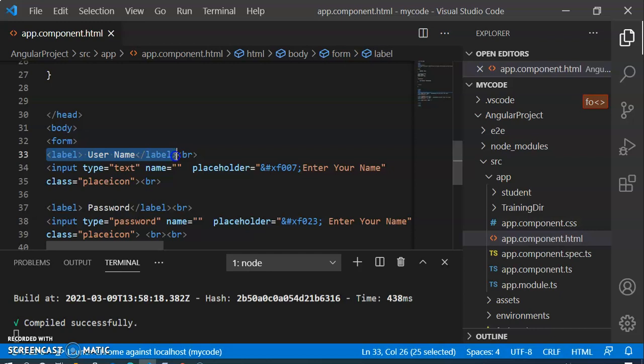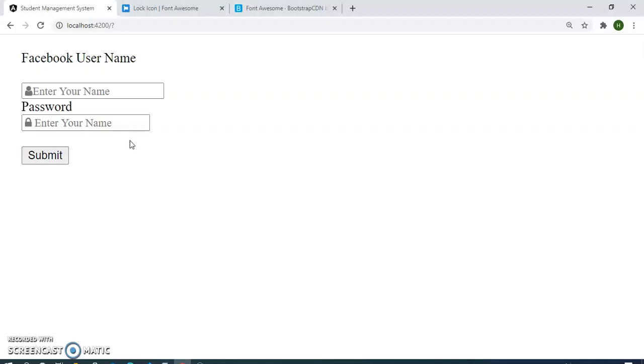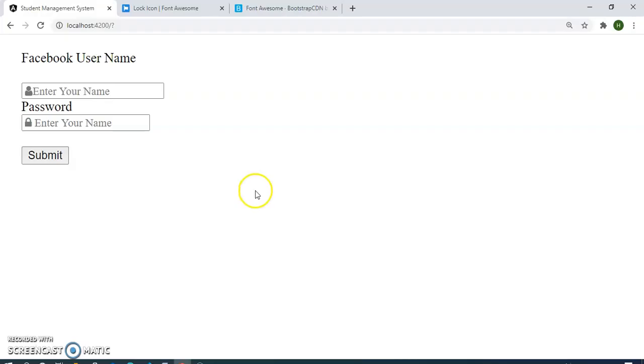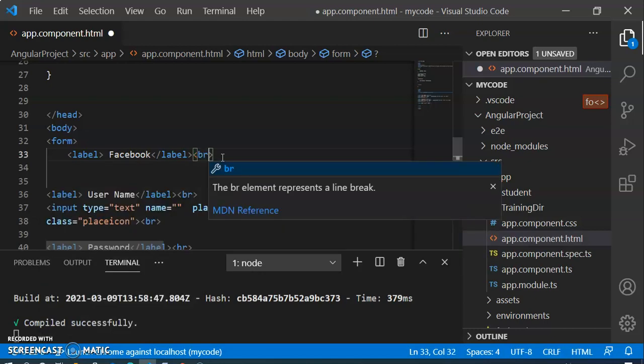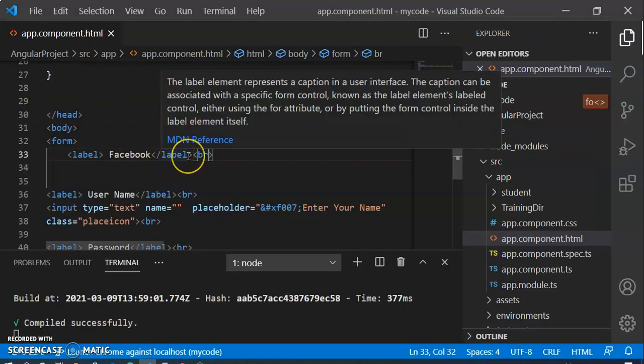As I am copying this, I'm writing it at the top, and I can see here I'm giving the name Facebook for that, and I can see here the name Facebook is showing here. Okay, now we are writing the BR. Now it is showing here. Now we have to get the icon here. For that we have to write here the